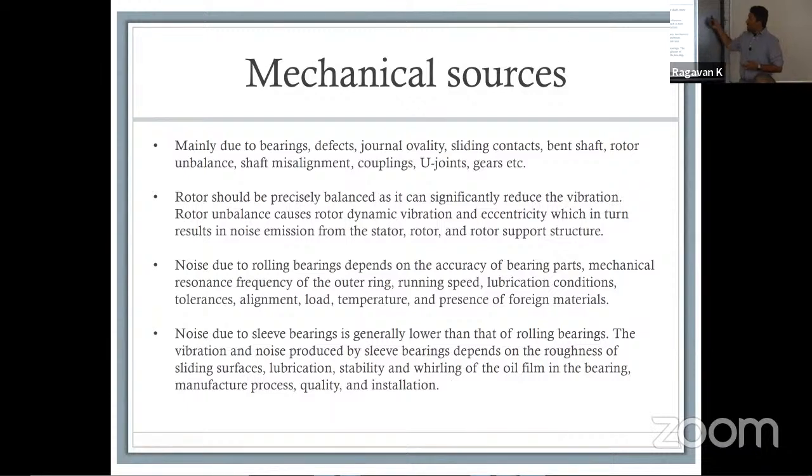So in terms of the different sources, we have bearing defects, you have ovality, you have sliding contacts. And of course, our goal here is always that we want to have it as closely balanced as possible, right? We're trying to make sure our system is properly balanced. We're trying to avoid eccentricity. The way we are talking about eccentricity is not just about looking at the quality of the bearings, which is a very important part, but we also have to have ways to do fault prognostics. Because you need to know when the fault is happening rather than after the fault has already happened.